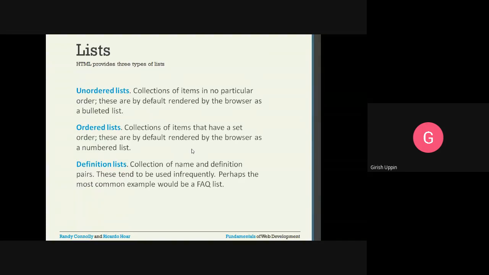These tend to be used infrequently. Perhaps the most common example would be a FAQ list. So apart from these two lists, ordered and unordered, we have the definition list. It is most commonly used for a FAQ, where you have a question, then you have a description. That kind of thing can be done using a definition list.